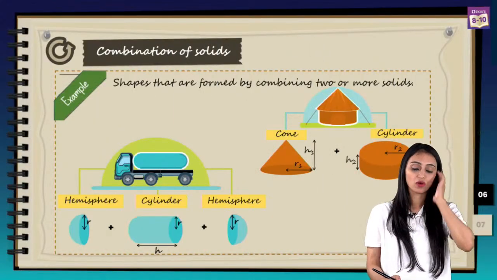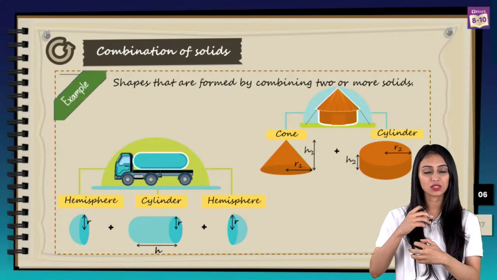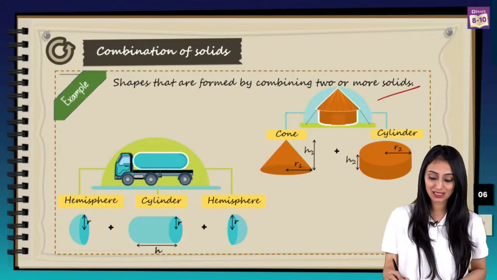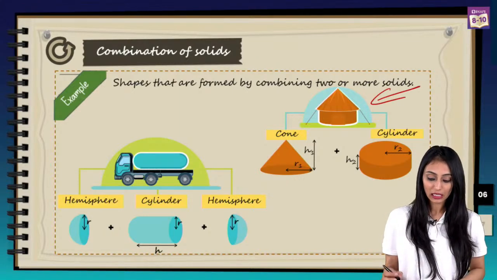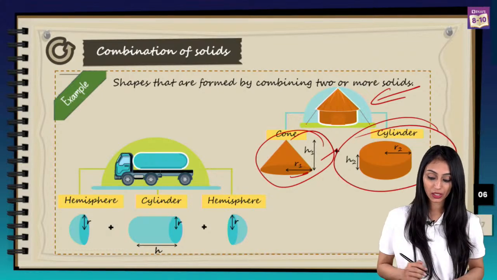Coming to the combination of solids. So in this year's syllabus we have combination of solids, right? So we are just combining 2 or more solids. Like here you can see this tent, right? The cylindrical tent. This comprises of a cone which has a radius r1, height h1, and a cylinder, radius r2